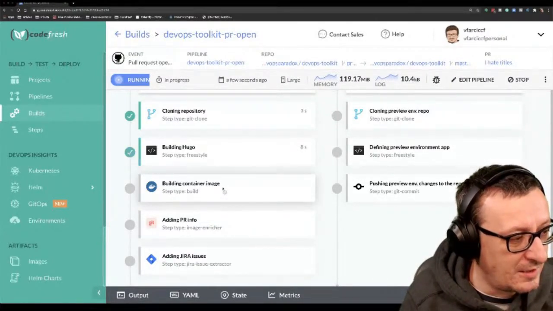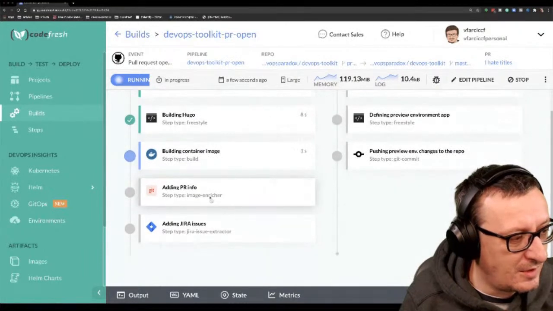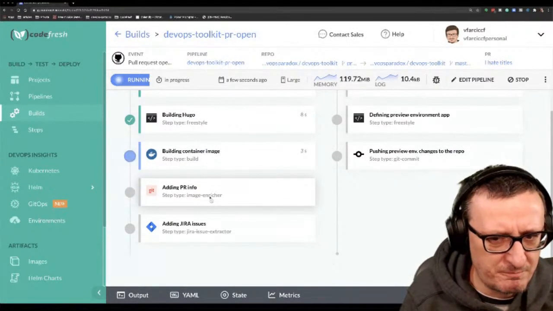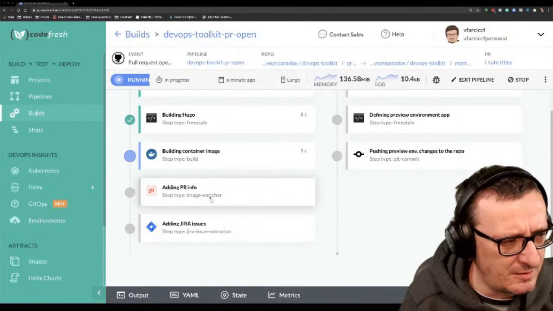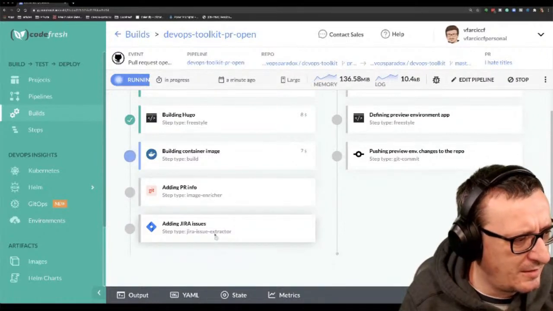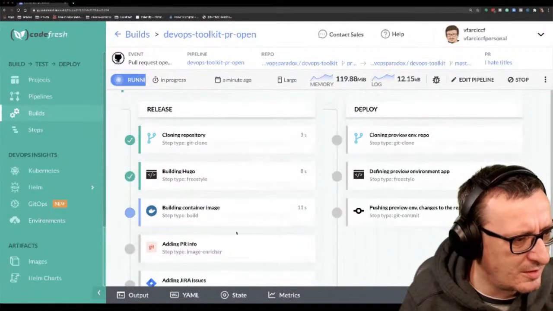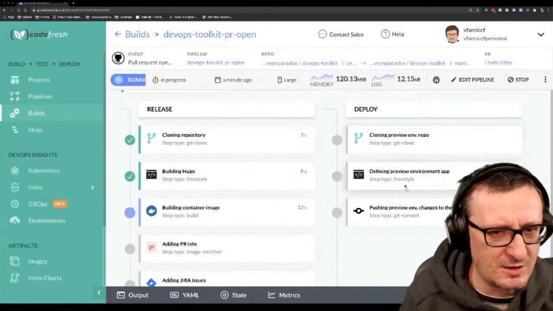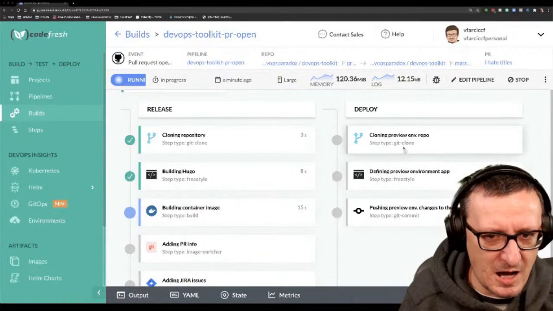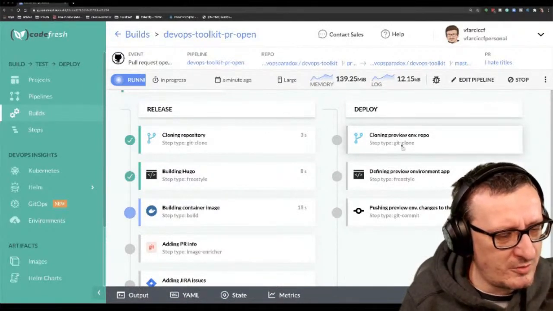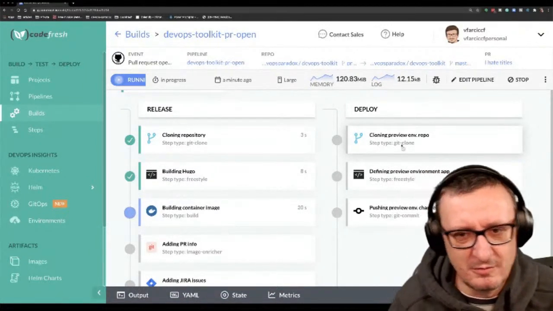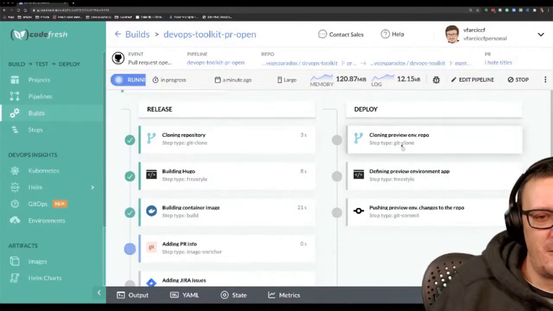It will build a container image. It will enrich the image. It will attach pull request information to the image and attach Jira issues if I have any. Those are not important. The steps that matter, the steps that you might not be used to, are those. And what those three steps on the right side do, I don't know how to remove myself, there we go,